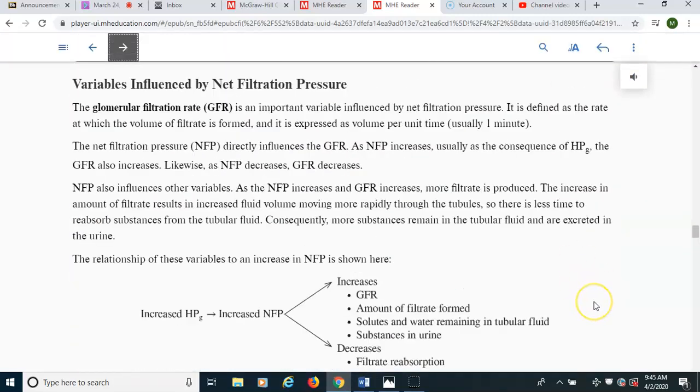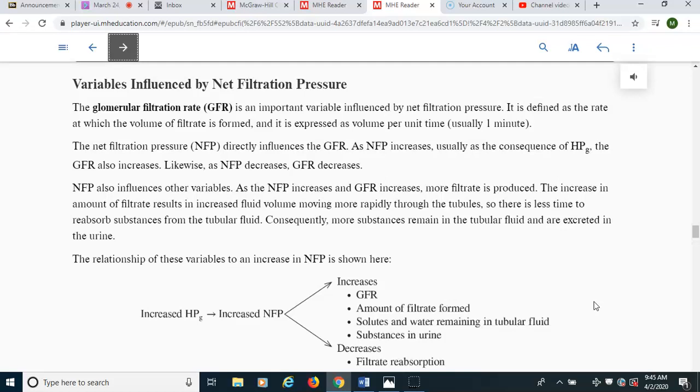All right, so the glomerular filtration rate is just the volume of filtrate that's produced per minute. Usually that's how they'll state that: the glomerular filtration rate is how much filtrate we produce, like the volume, so milliliters per minute. And again, the body wants to keep that in a narrow range. And if the body's able to do that, then we get all the waste products that we need out of the blood, and then we keep anything that we need to be in the blood for our cells,